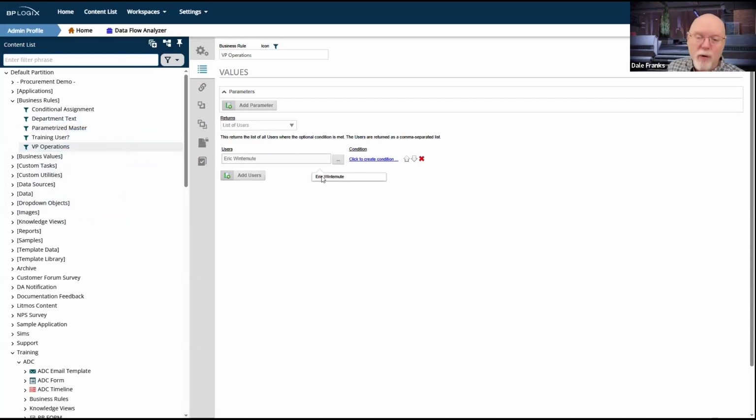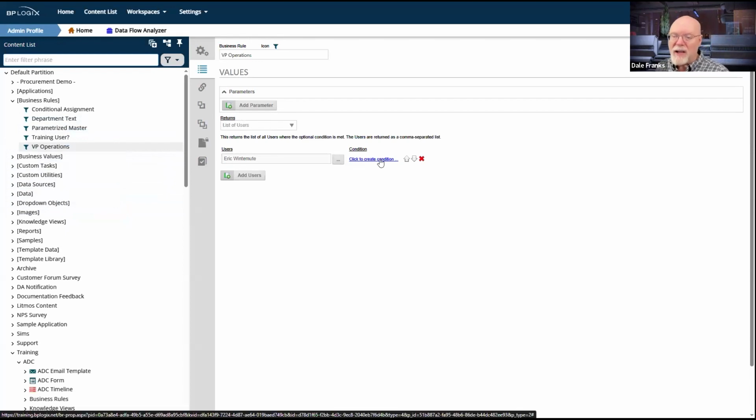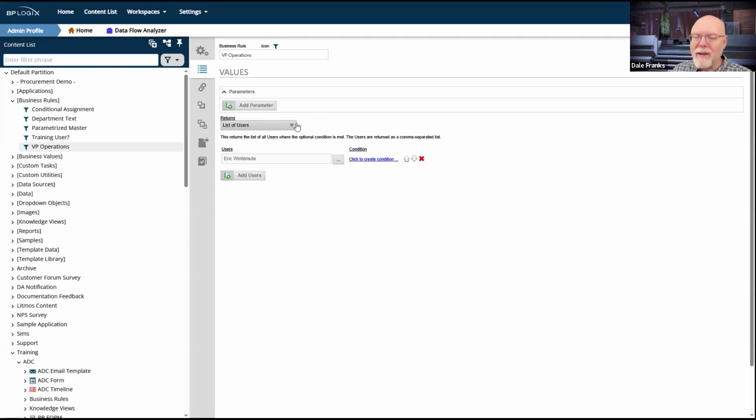The other great use for a business rule, of course, is if I do have a condition and I return a different user based on some condition. So in some cases, it might be Eric. In some cases, it might be Diana, others Barb. And so I'm going to return a user. And in this case, if it's going to be multiple users, I would just pick first user matching condition. And then it can just go through a list of users, find the first user that matches whatever condition you want to create, and returns them. So business rules or groups is the way that I would do it.